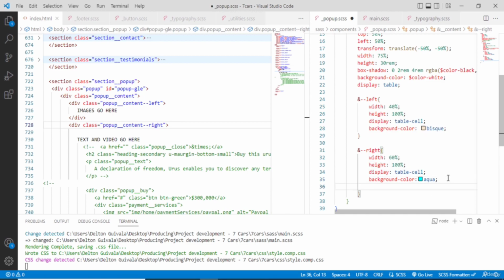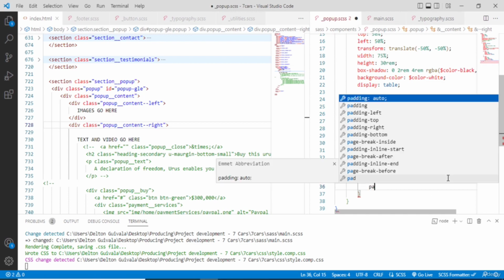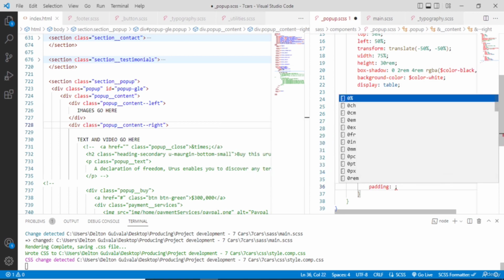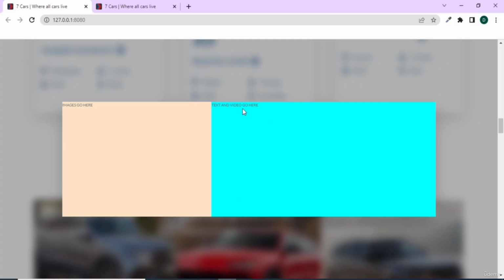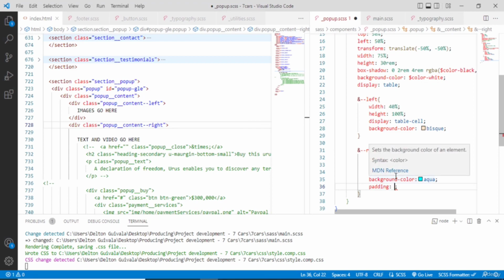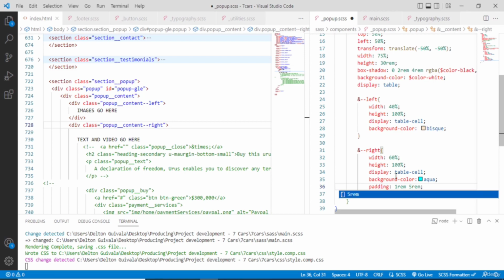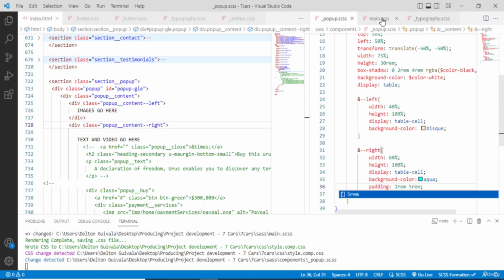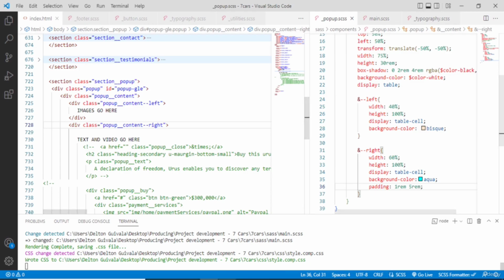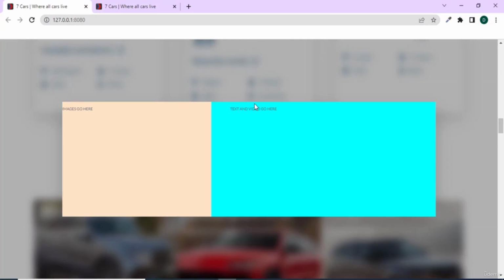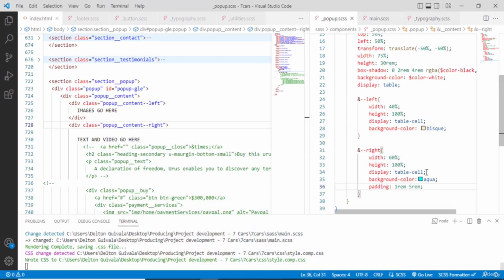What we can start doing is simply add some padding just to the right, because we see that our text can't really start from here at the top. So we can start giving some padding of 1 rem and 5 rem on the horizontal side. Let's save this, go and check. Now it's much better. I'm going to continue on the next lecture, so